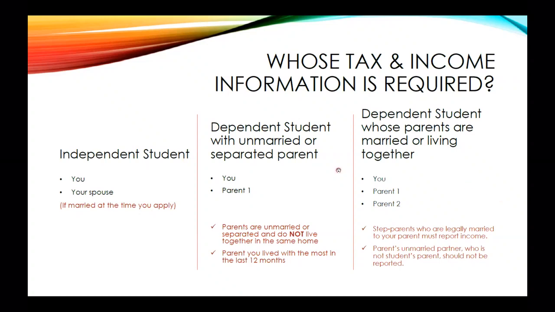If you're a dependent student with an unmarried or a separated parent, so your parents are either not married, or they're divorced, or they are separated, okay? Then it's you plus that one parent. That's whose information goes on the FAFSA. So that's if parents are unmarried, or if they're separated and they do not live together in the same home. That's important. And which parent? It's the parent you lived with the most in the last 12 months prior to filing your FAFSA or